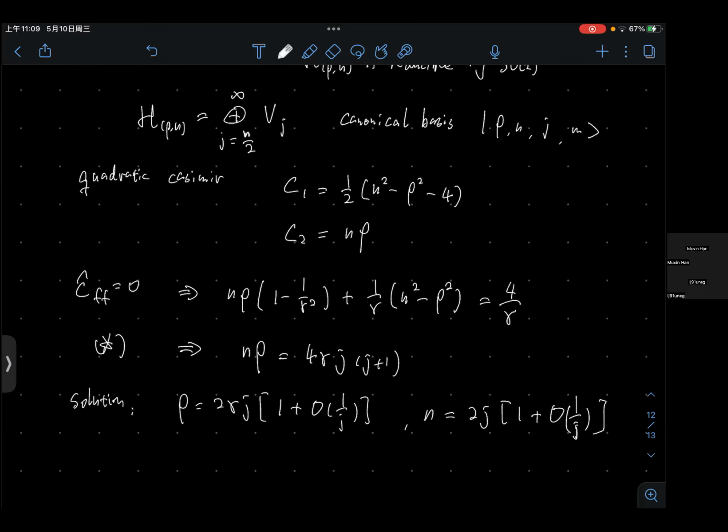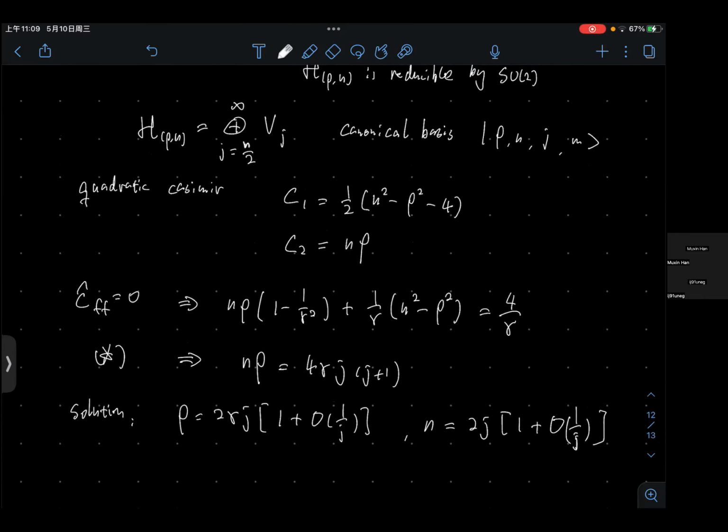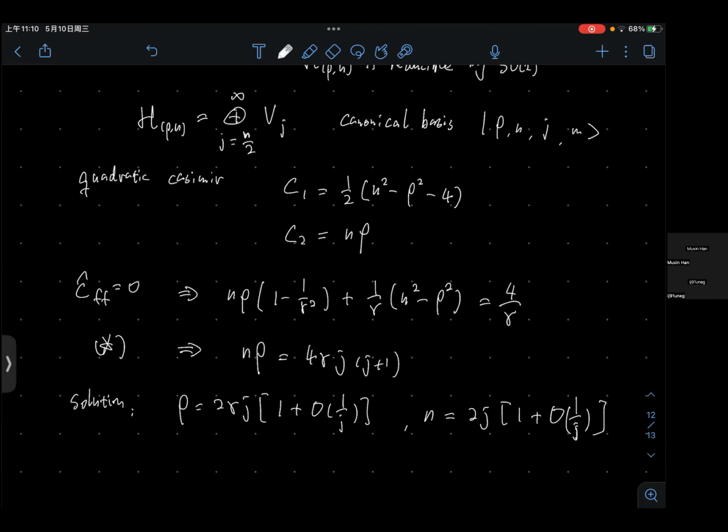Okay. So now you see that once you have an SL2C unitary irreducible representation, you get the data for rho and n. It determines a unique j satisfying this constraint. Or the other way around, if you have j, it determines a unique SL2C irreducible representation, rho and n depending on j. And to construct the model, so